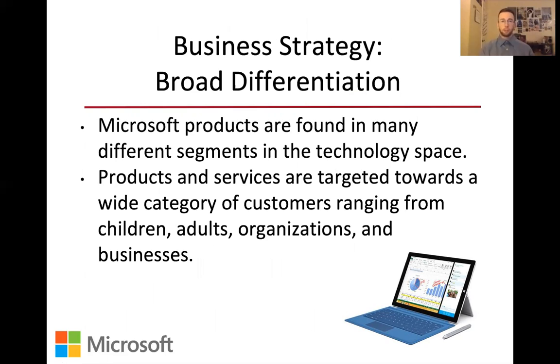broad differentiation strategy. A lot of the products that they release are unique in features, such as software products specifically designed for business organizations. This allows their products to be sold to a wide audience, such as students, organizations, and households alike. It's also important to note that some segments, like the Windows and Office product spaces, are at their maturity stage, and they're not bringing the revenue that they used to. However, Microsoft easily counters this slowdown with the successes from their other product lines.